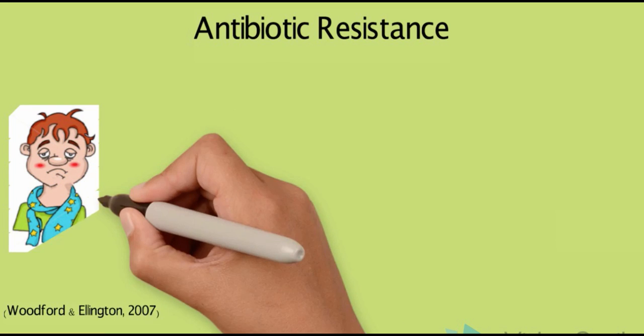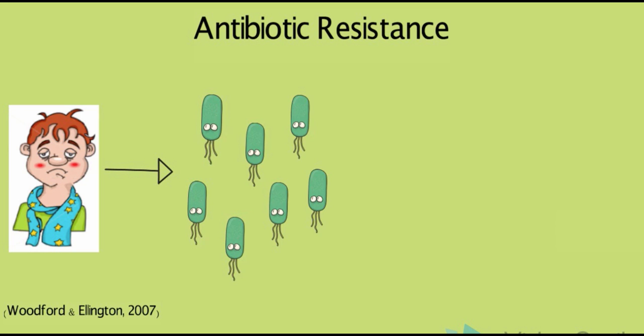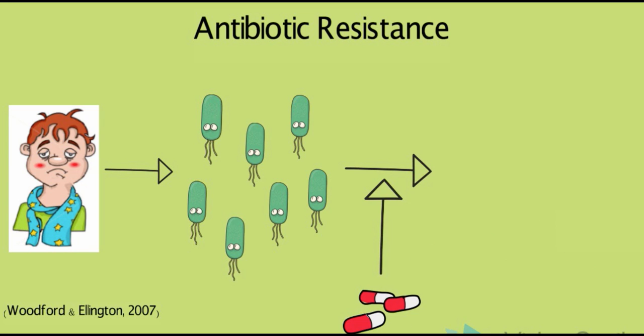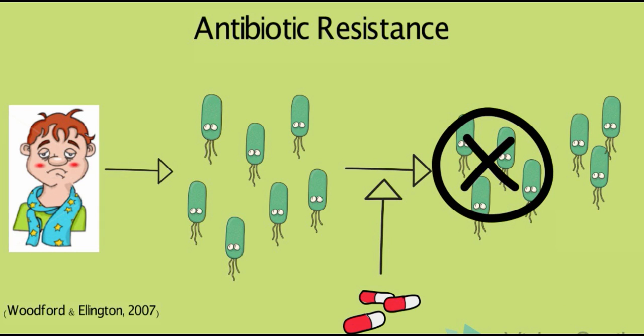When an individual develops a bacterial infection, there is a chance that within the infectious bacteria, there will be some that are naturally resistant to certain antibiotics due to genetic mutations. When the individual is treated with antibiotics, there will be some bacteria that survive in the presence of that antibiotic. These resistant bacteria are then able to multiply by billions and pass their genetic material to neighboring bacteria. This transfer of genetic material makes more of the bacteria resistant to that antibiotic, which renders the drug ineffective and enables the infection to persist. These bacteria are referred to as antibiotic resistant.